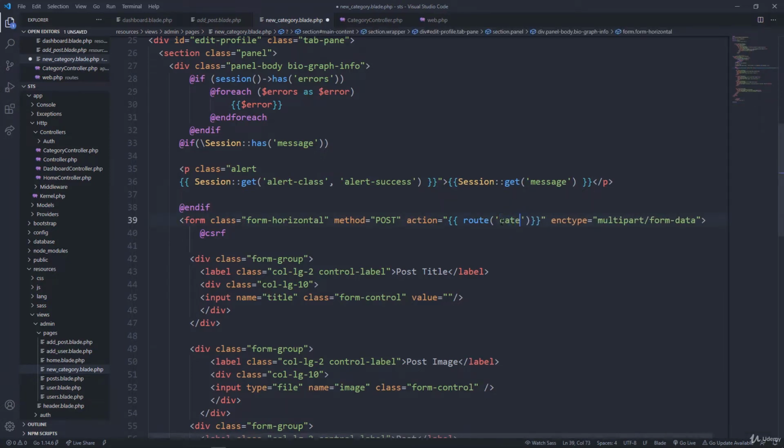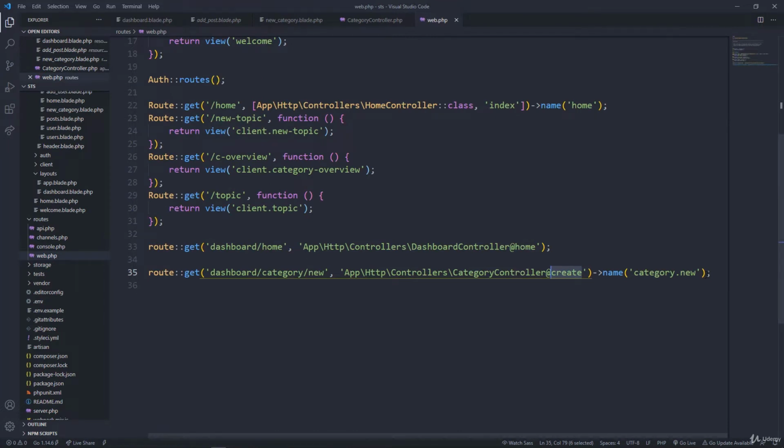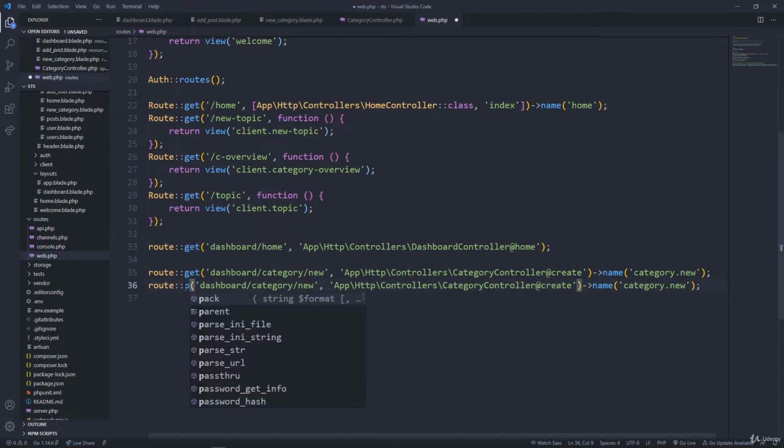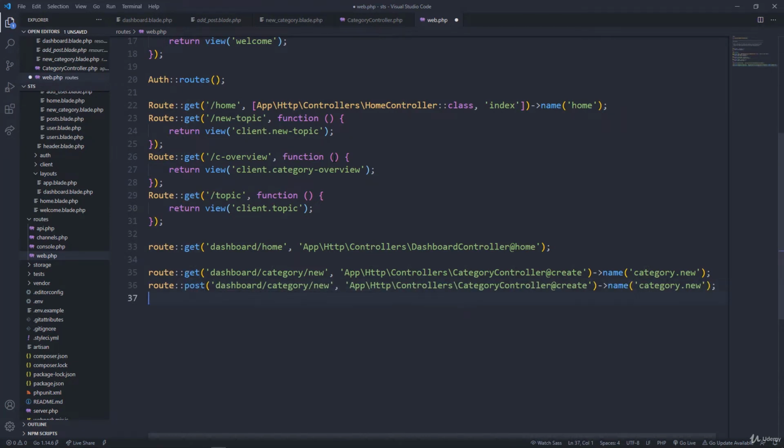So to create that route, we go back to the web, and then this method here we just copy and paste down there. Instead of get it should be post, because this method is the one that is going to store the new category, or save that category in our database. So we can do new. This one can remain like this, because this one is post, this is get, but then the method you have to change to store, because the store method is the one that is dealing with saving the form data,